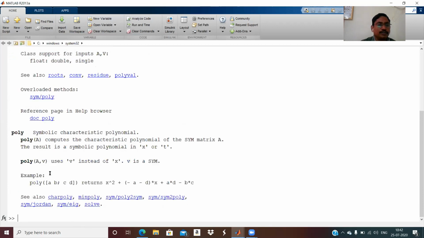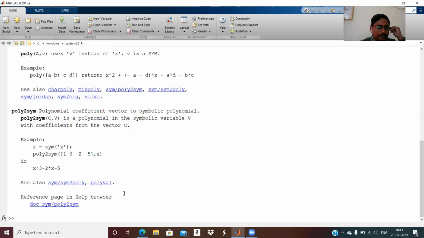Help poly and then symbolic poly. The symbolic characteristic polynomial poly(A) computes the characteristic polynomial in the form of the symbolic matrix A. So the direct matrix is given here. You have to declare this as a symbol.